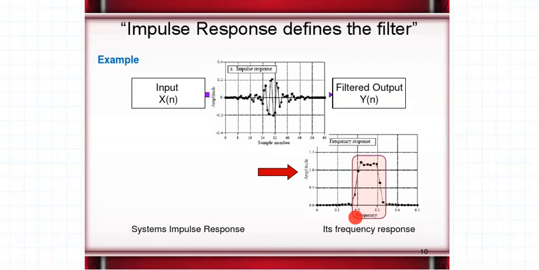If my H(omega) has the characteristics of a high pass filter, then I can say that my Y(omega), that is the filtered output, is a high pass filtered output. If I design my impulse response as a low pass filter, then Y(omega) will have the frequencies as governed by the frequency response of the impulse response. Therefore, friends, designing a filter means designing a proper impulse response of the system.